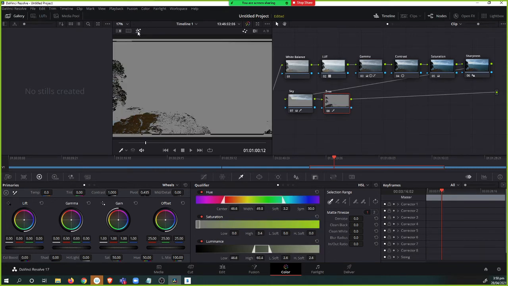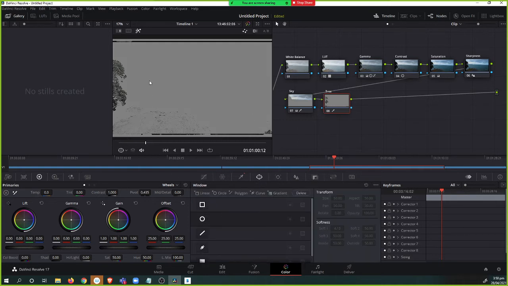Select the tree and adjust this so that it just gets the tree. Add to it. Because in this shot the tree doesn't move too much, instead of that mask, I can use just a